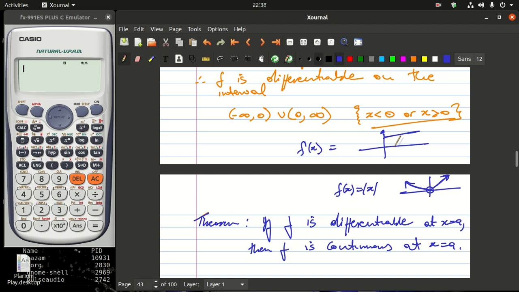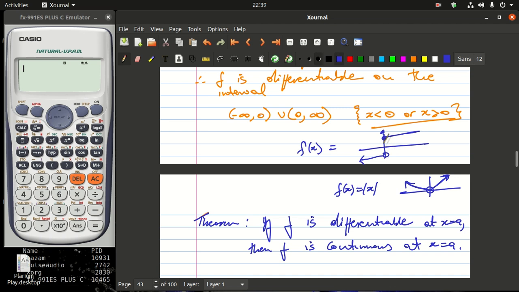And when it was bigger than or equal to 0, this was shaded. And then when x was less than 0, we ended up having something like this. But at this point here, we started to have different values, so it was not differentiable at that particular point,